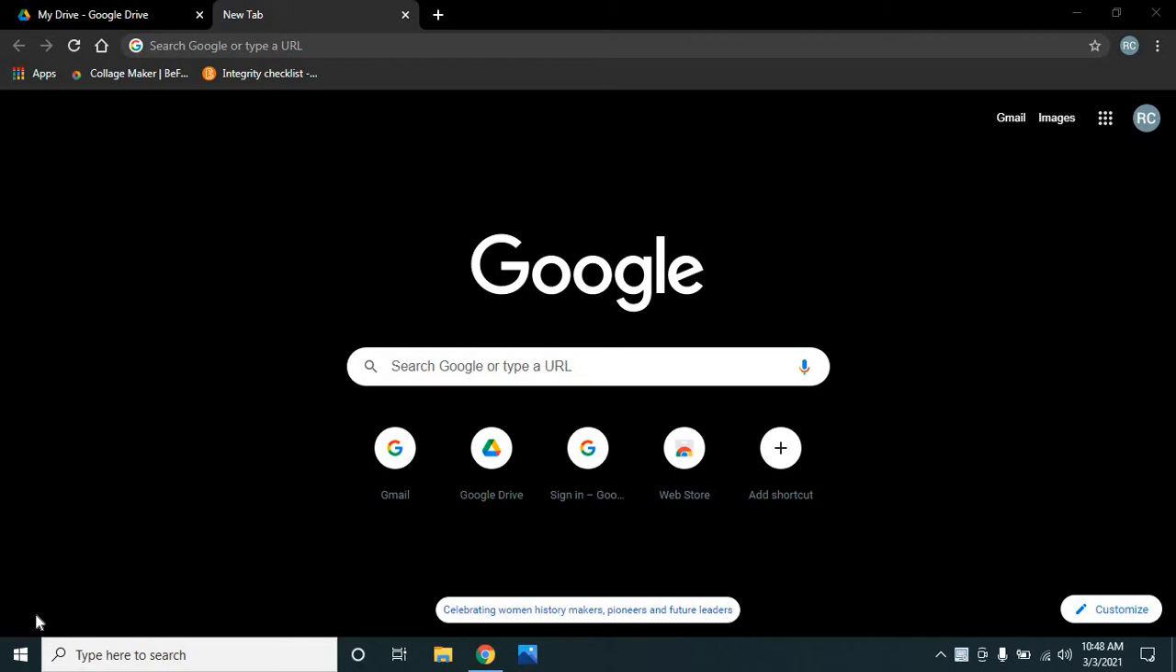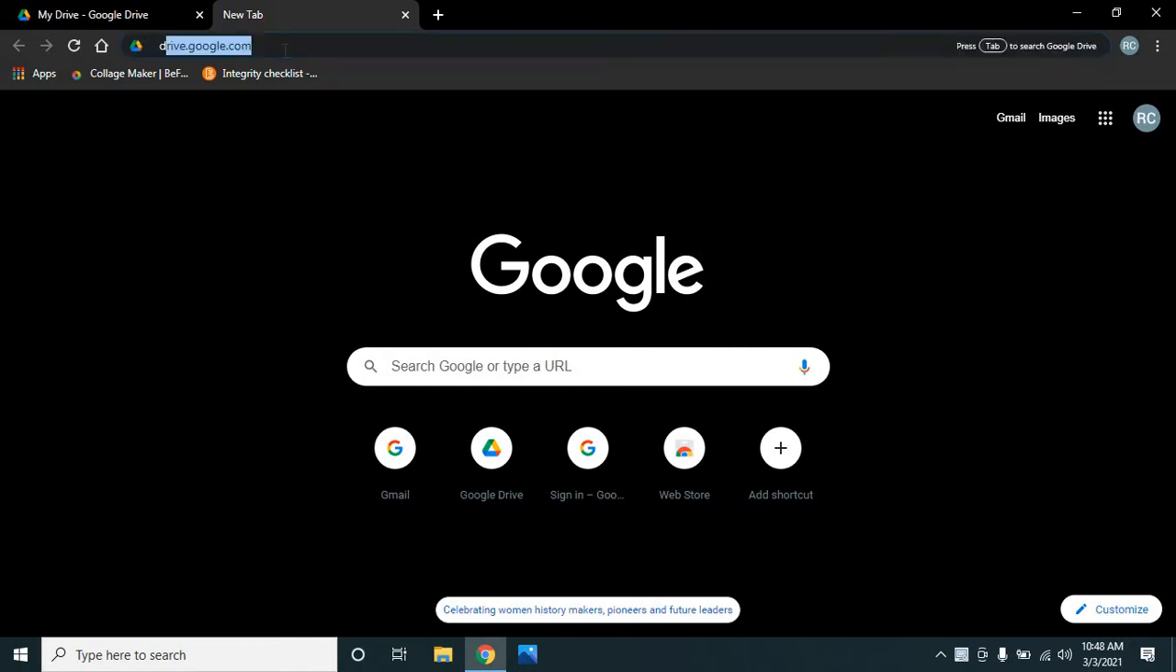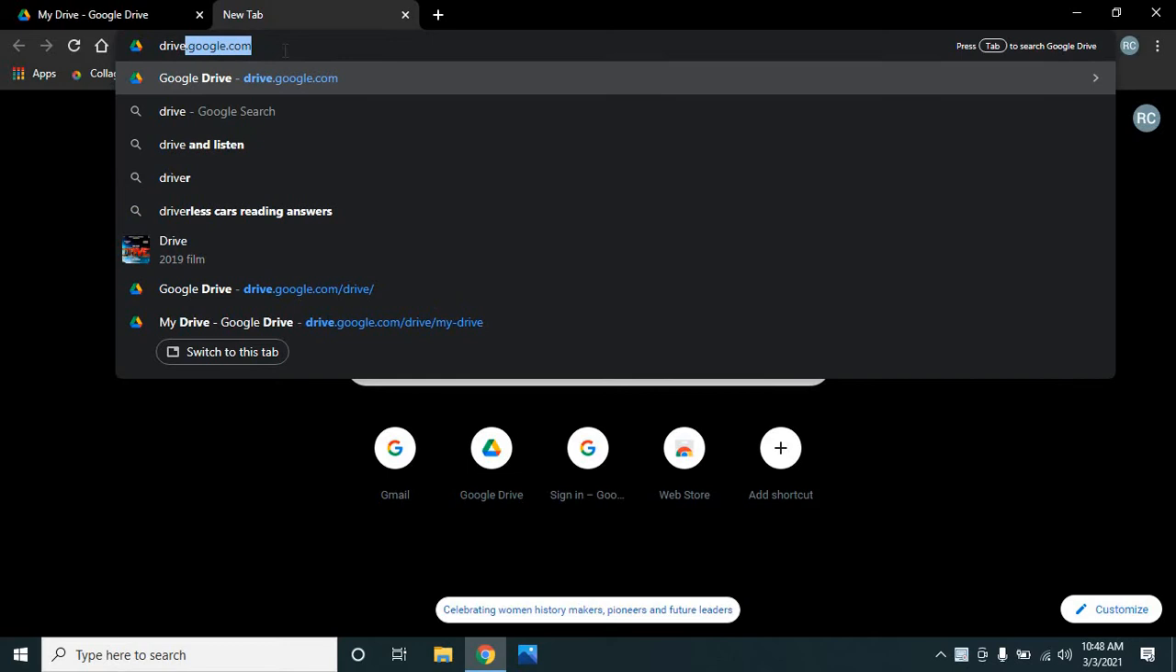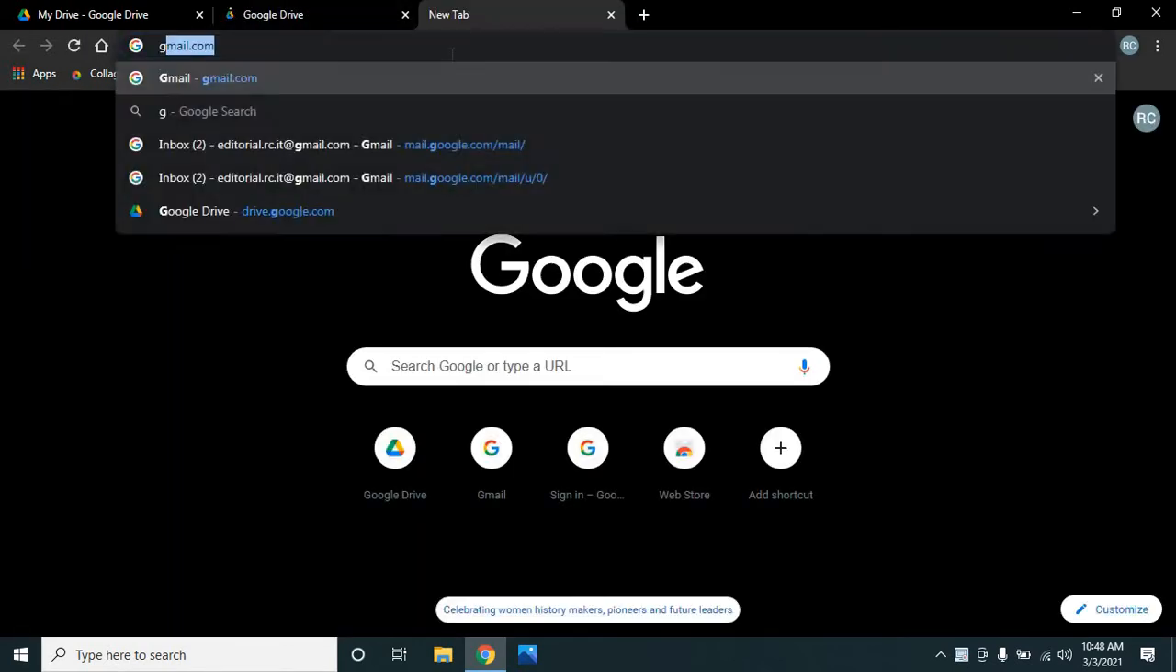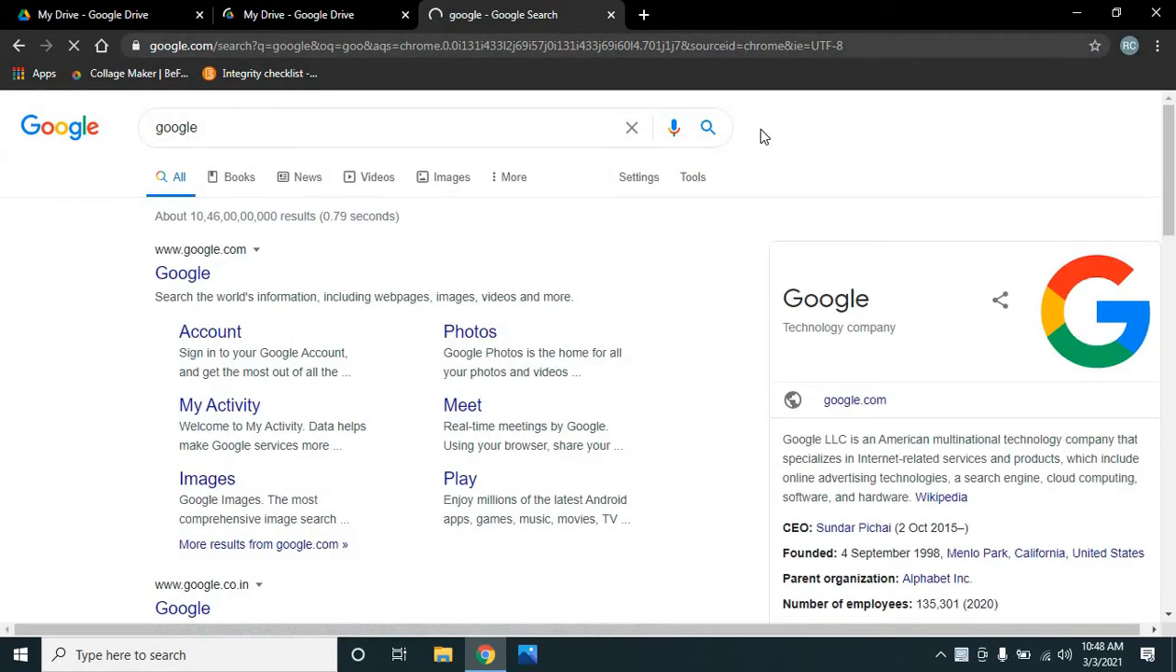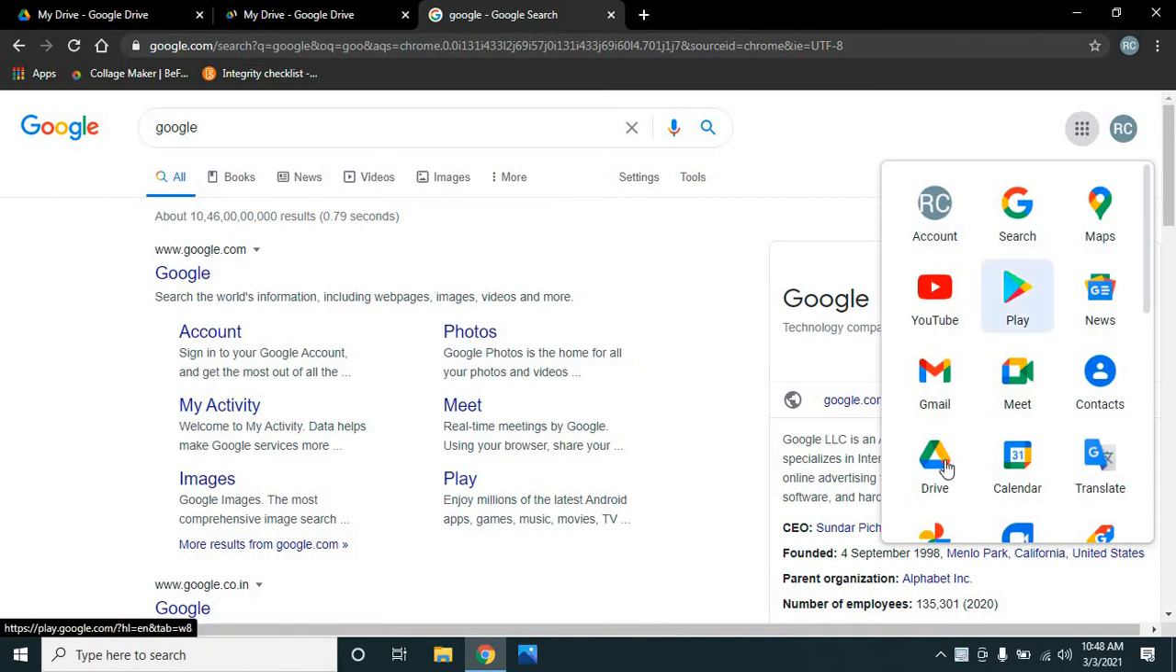Hello everyone, in this tutorial I will discuss the basic functions that you can do in Google Drive. For that you must log into your Google account. There are many ways you can open Google Drive. You can write drive.google.com and click enter, or you can go to google.com and here in the apps you can click